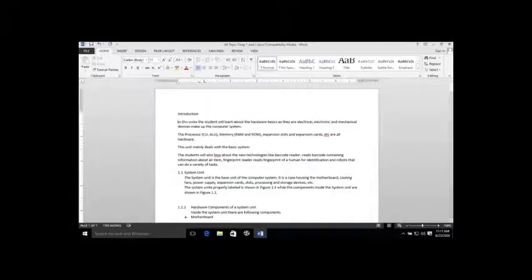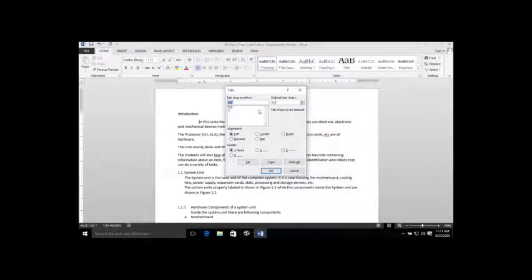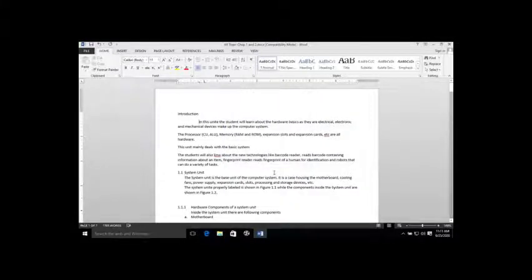Go to the tab and change the position. The default positions can also be changed, like make it 2 and okay.